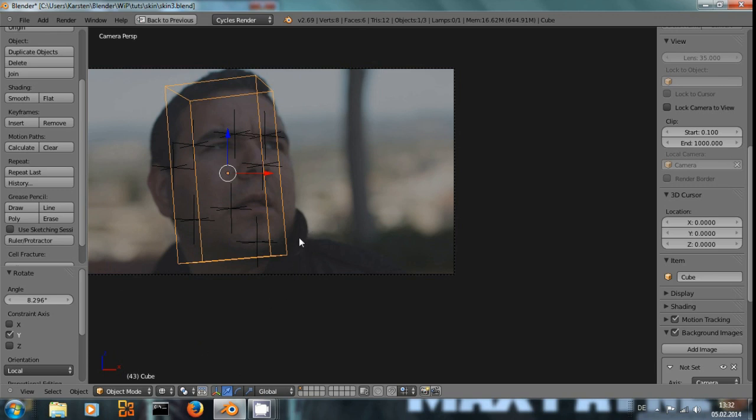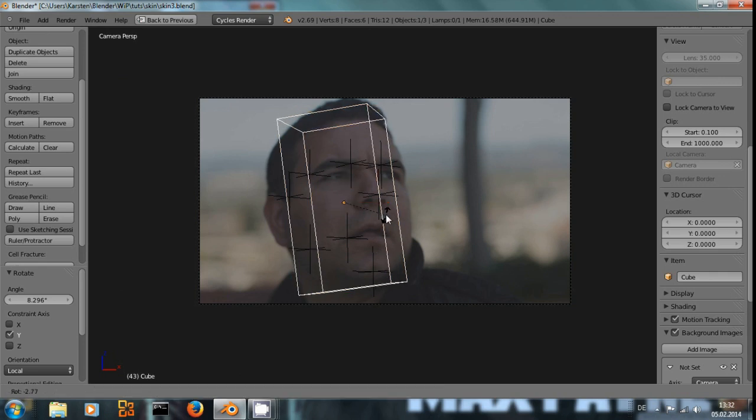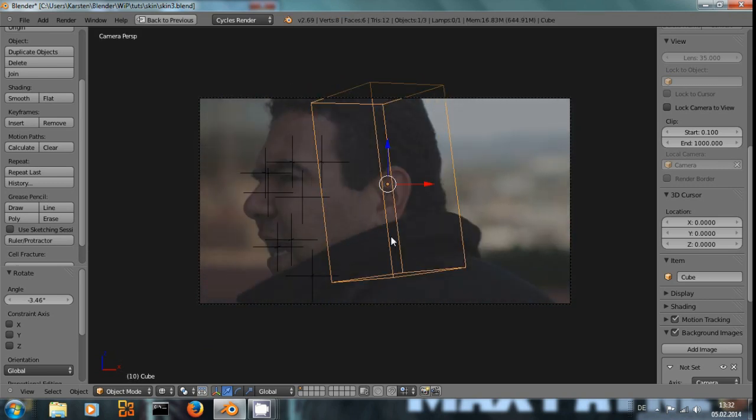And now if we play this, I try to align this cube roughly with his head. And I need quite some